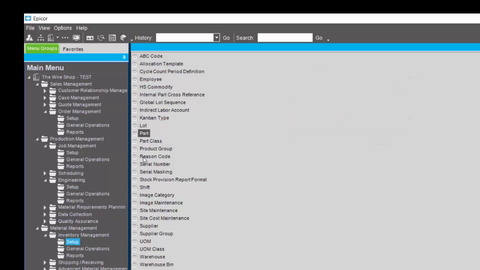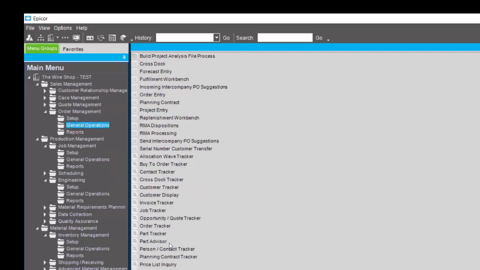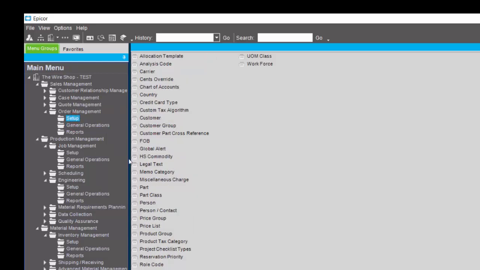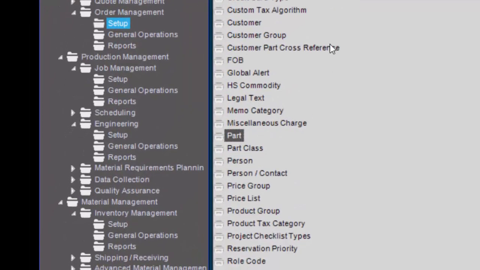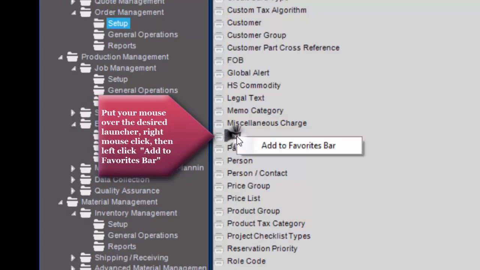Let's say that I am Edson. I'm going to use part a lot. I don't want to have to go through and look for it every time. Here's something you can do. Whenever you see part, not part tracker, not part advisor, but if you're in a setup folder and you see something you use a lot like part, take your mouse, put it over that, right click, add it to your